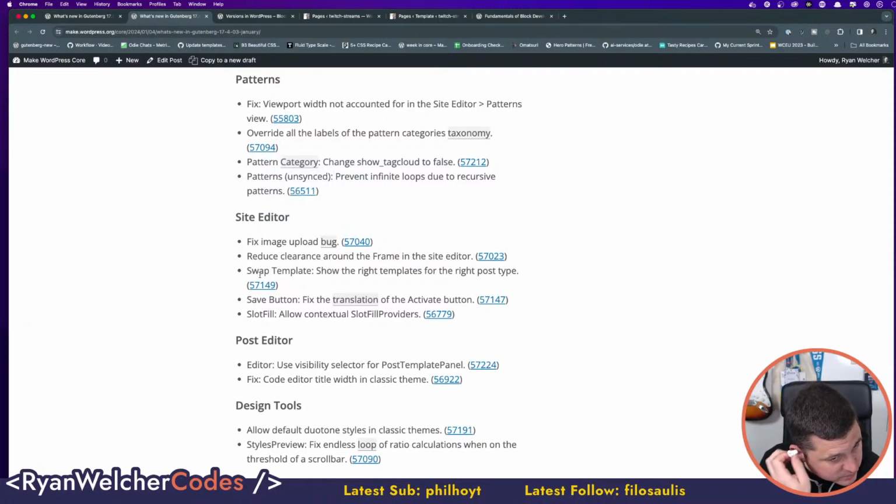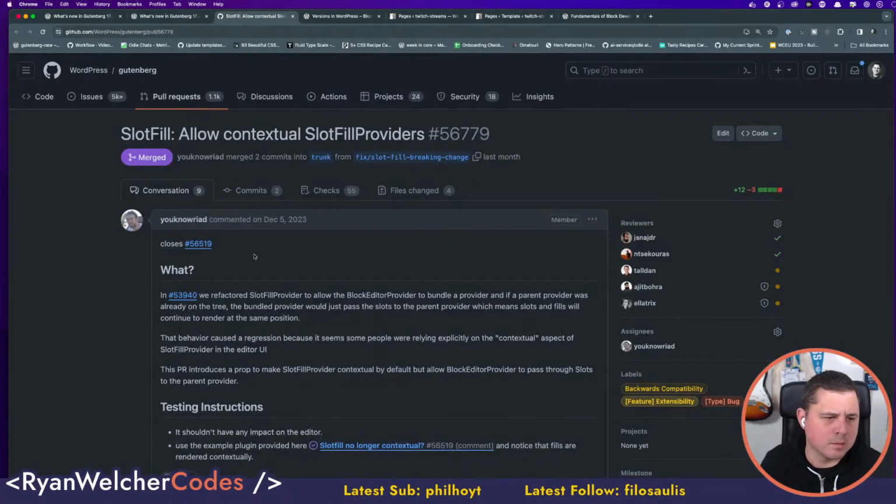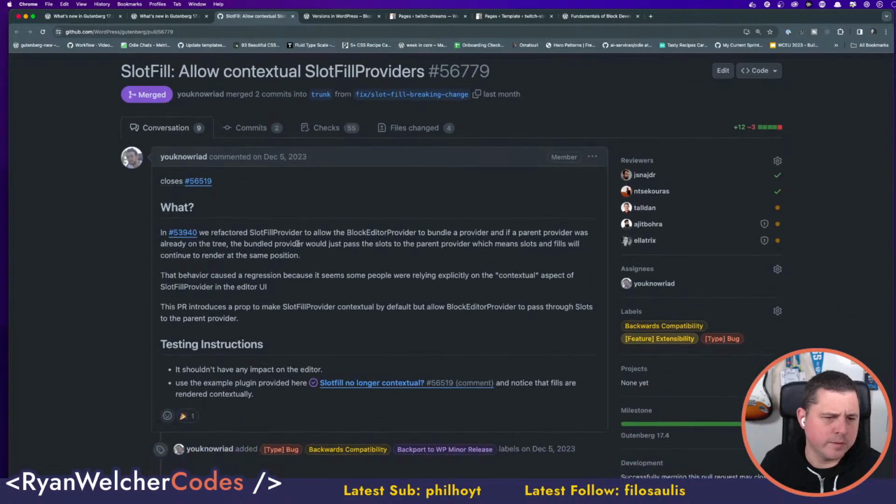Slot fill, allow contextual slot fill providers. What? What does that mean? We've had a slot fill allow bracketed providers to provide a bundle of providers, and if a parent provider was already on the tree, it would just pass through.